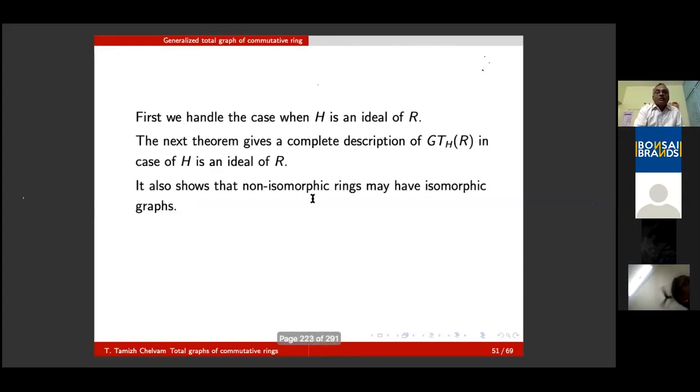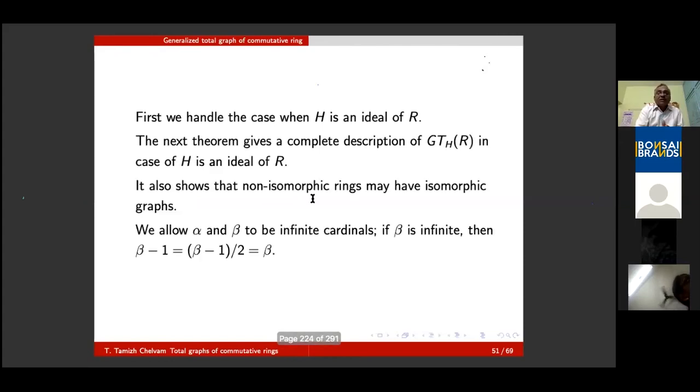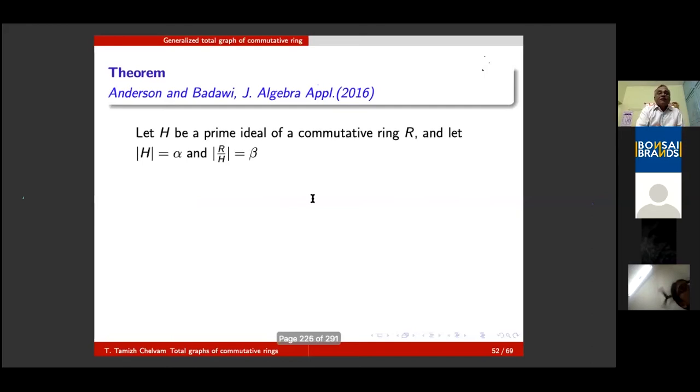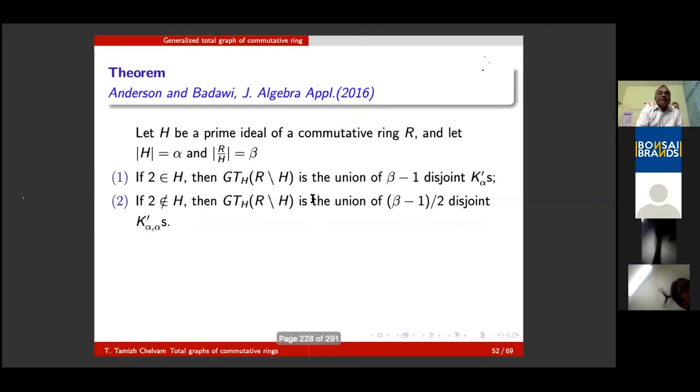Of course, as I mentioned earlier, a characterization is again done in terms of the cosets of the multiplicative prime subset, which is a prime ideal. So you see, literally the theorem is one and the same. Just Z(R) is replaced by H. Literally the same proof. Everything is the same, but beautifully generalized.